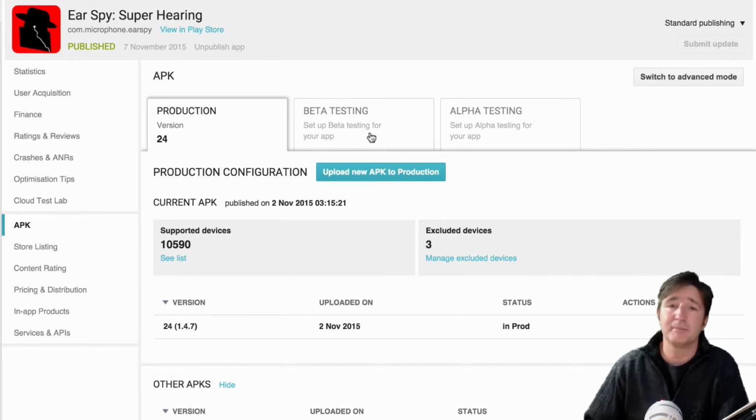Now, you can do alpha and beta testing in Google Play, right? So I could say I want to release a beta version and I want to make it available to a certain amount of people. It's a little bit like TestFlight, I suppose. However, I've never used this. It relies on Google Circles, and getting people to use Google Circles, at least in my opinion, is just too complicated. I'd rather just be able to send out a link to somebody and say, here's a link to the app. So I've just started using things like TestFairy rather than just sending APKs. But if you use the beta and alpha testing on Google Play, please let me know, because I'd like to know how that actually works out for you, right?